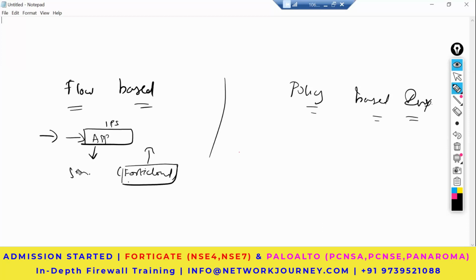So through those signatures, it identifies that the traffic coming in is of application A, B or C. For instance, Facebook or Instagram or whatever social media pages that you might be aware of. It identifies based upon the signatures that it has built in on its FortiCloud manager, which is available in the